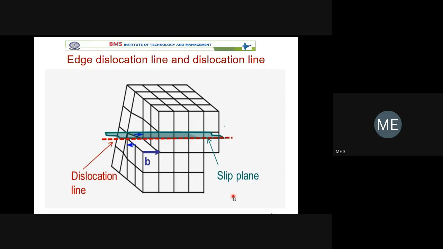Suppose you are walking on a wet floor, suddenly you may slip. The top surface of the floor is a slipping plane, and the bottom surface of the chappal is also a slipping plane. You can imagine it like that. The bottom is the floor, the top is a human being. The whole body is not a slip plane, or the whole floor is not a slip plane. Only the top surface of the floor and the bottom surface of the chappal or shoe are slip planes.